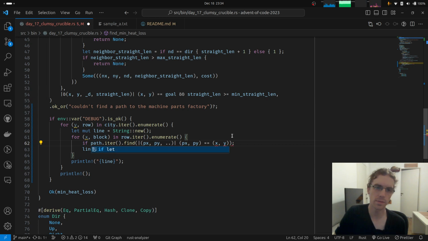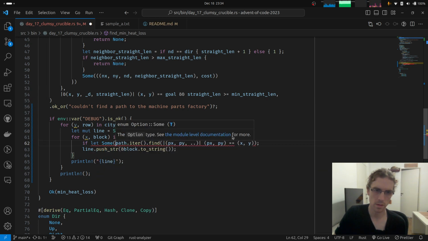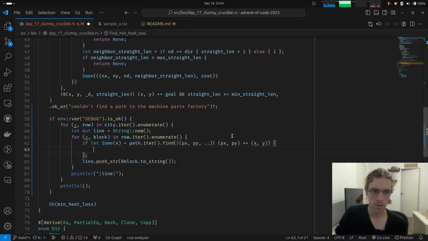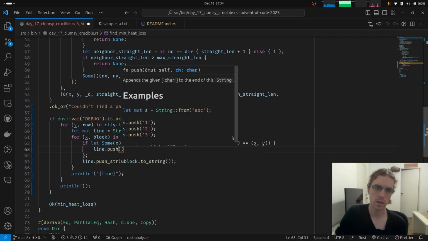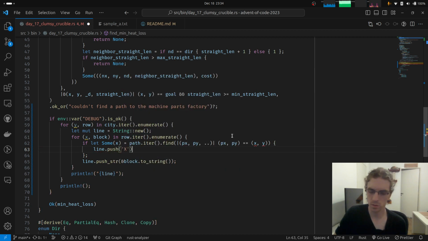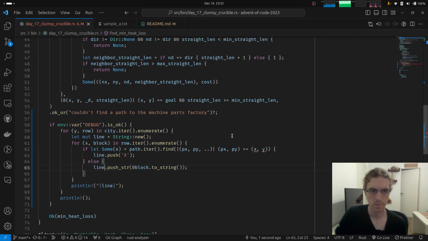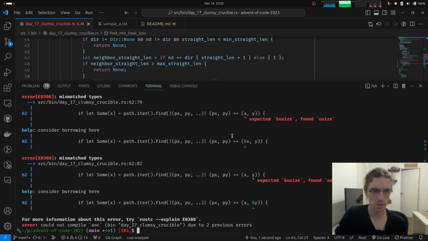We can say if let Some path segment or something. We're going to do line, let's just push an x here into the line, and otherwise we're going to do what we were doing before, just to see.